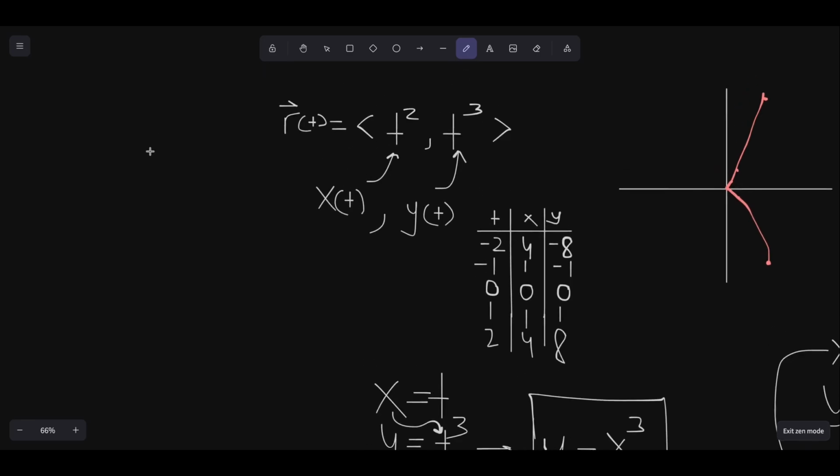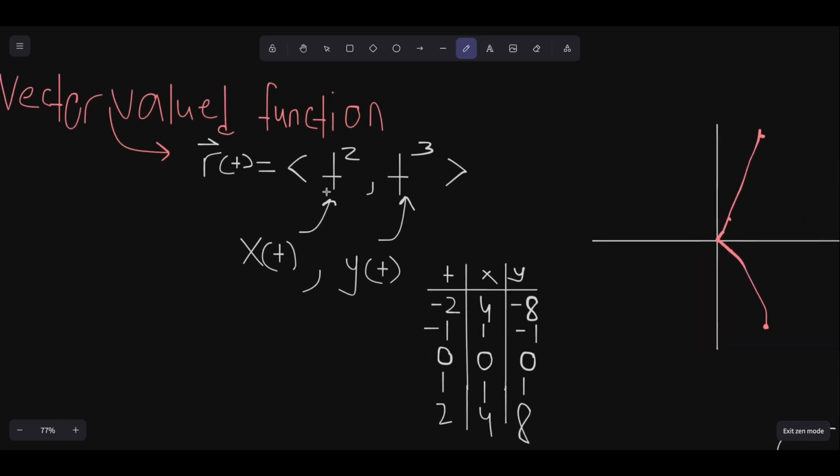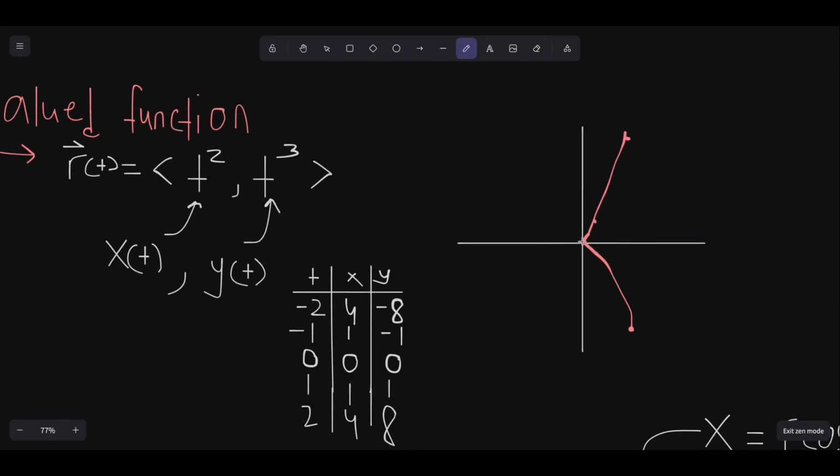So once again, this is just going to be a little review of what we did, but this is actually something called a vector valued function. And the reason why it's called that is because you can view the result of this as a vector, right? So as time changes, you're going to be at different positions. So right over here, this is position 1, and then as time changes, you're going to be at another position. So as time changes, you're going to get all these vectors that represent the position of where you're currently at. And so what you can do is imagine if you have some sort of curve,